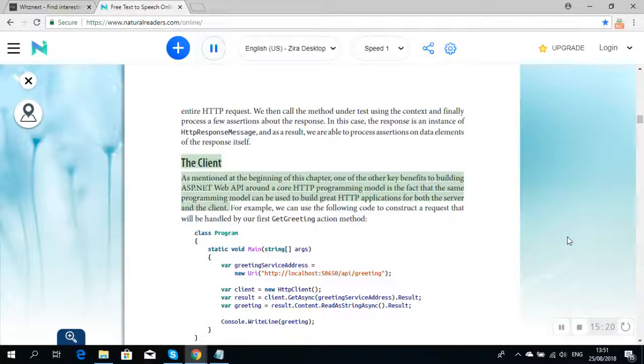The client. As mentioned at the beginning of this chapter, one of the other key benefits to building ASP.NET Web API around a core HTTP programming model is the fact that the same programming model can be used to build great HTTP applications for both the server and the client. For example, we can use the following code to construct a request that will be handled by our first GetGreeting method. class Program { static void Main(string[] args) { var greetingServiceAddress = new Uri(